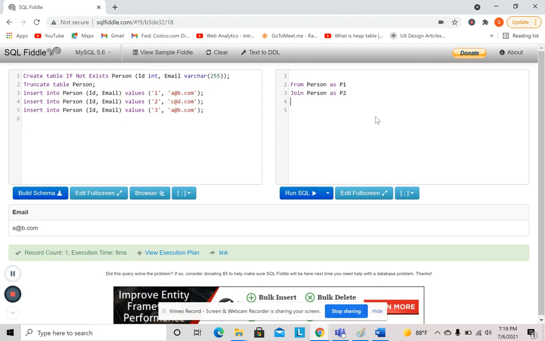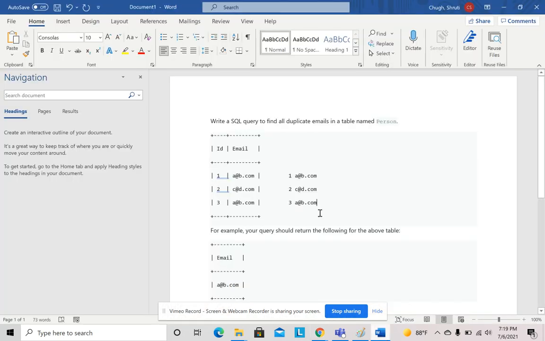Now, if we quickly look at the table, what we see is, since we are joining this on the same table, we would see that this 123 and a@b.com. I've repeated this twice because I wanted to join these two tables on the key, which would be email in my case. So see,